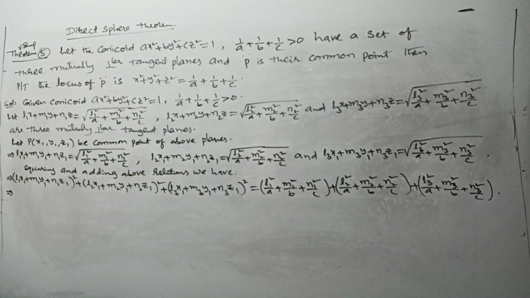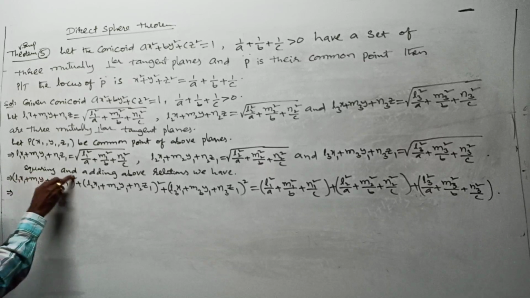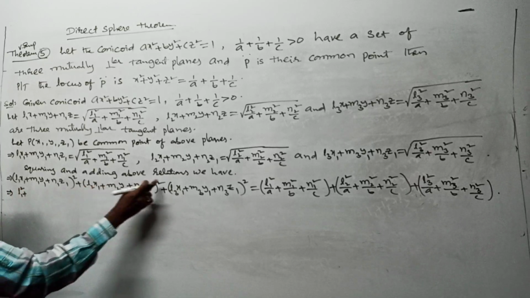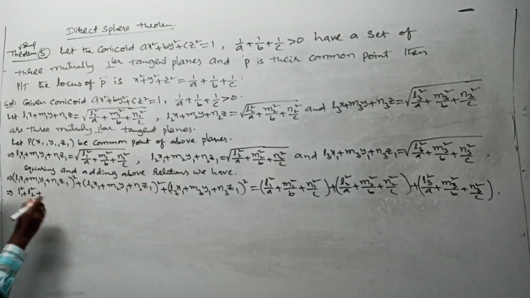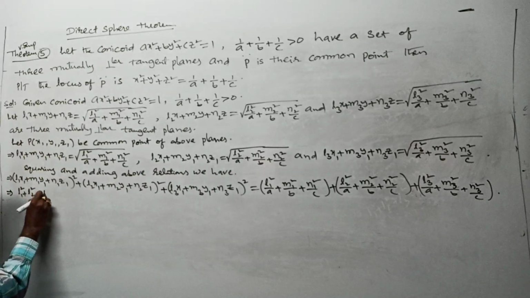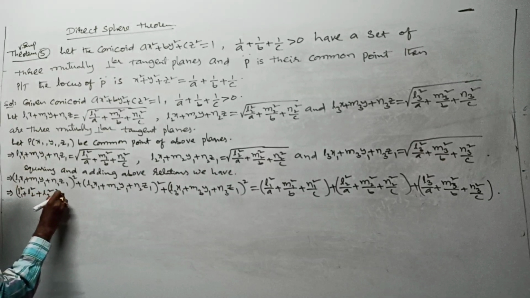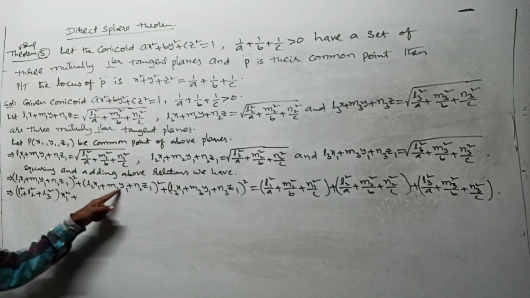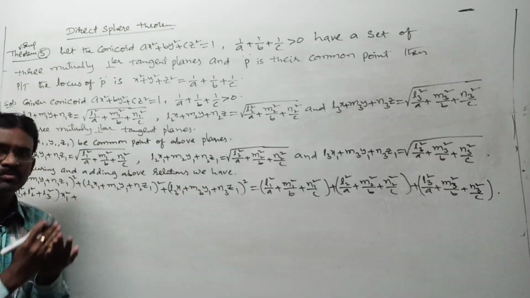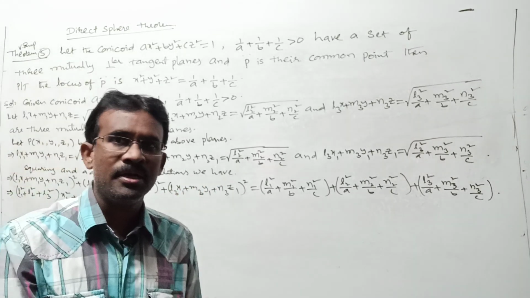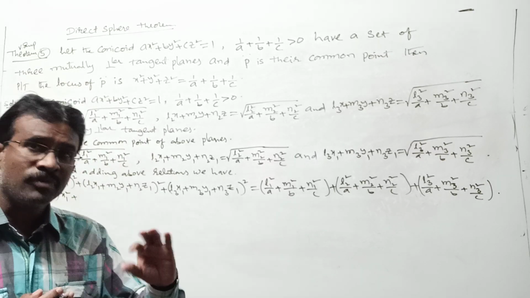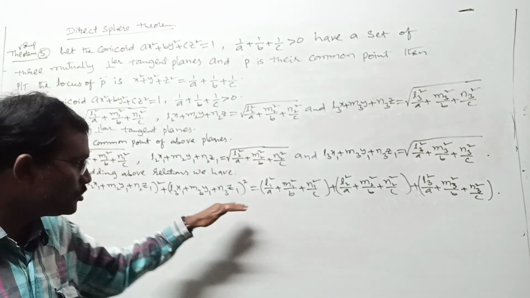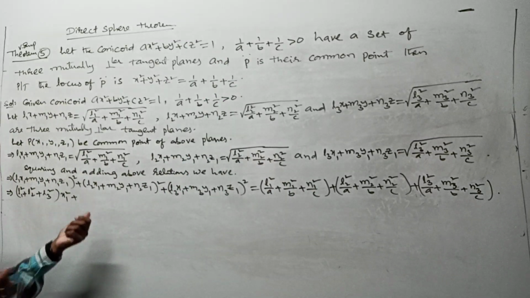A square term gives your x square coefficient. L1 x1 square gives what? The x1 square coefficient means L1 square, plus this is also the x1 square coefficient, L2 square, plus this is also the x1 square coefficient, L3 square, whole into x1 square. Any doubt here? If you have any doubt here, expand all these things according to the (a plus b) whole square condition, then write the x1 square coefficient separately, y1 square coefficient separately, z1 square coefficient separately, and then x1 y1 coefficient separately, y1 z1 coefficient separately, z1 x1 coefficient separately. That gives this total left side portion, but I am doing it directly, right?